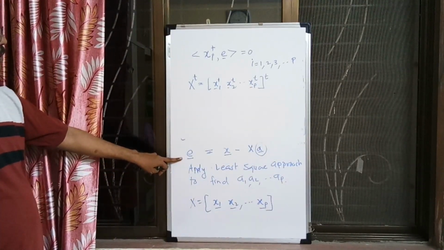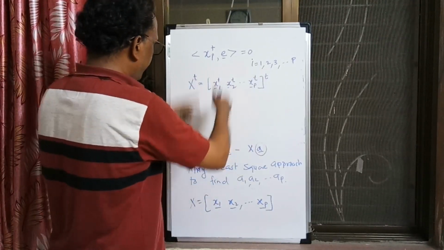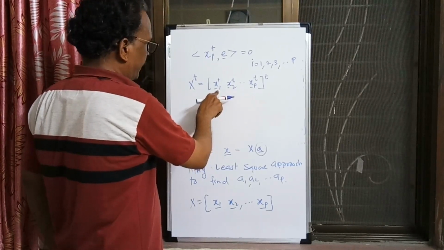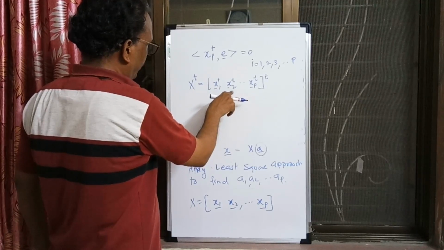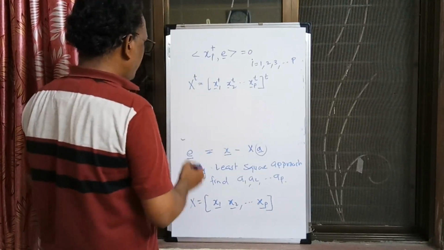So this is X transpose, and now X transpose becomes a column vector, and in that column vector each entry is a row vector. This is a row vector of the data matrix. The first column becomes the first row, the second column becomes the second row, and the last column becomes the last row because of the transpose. Now I told you that